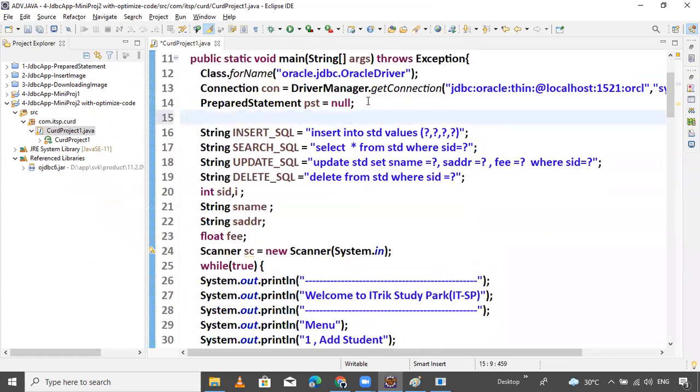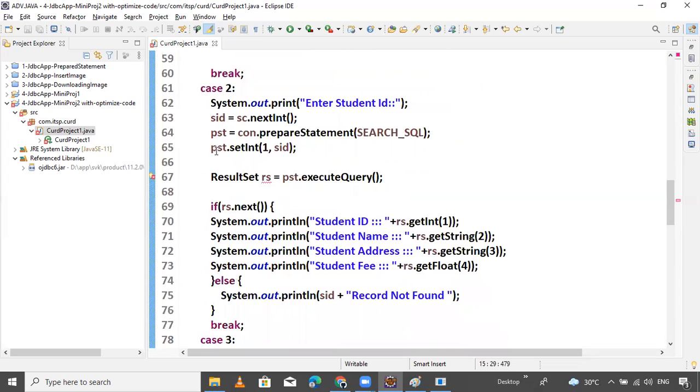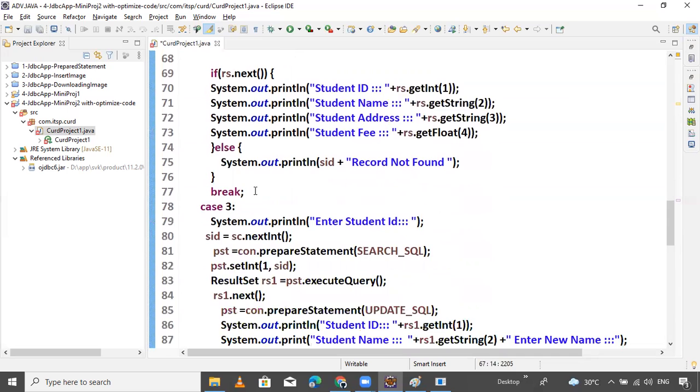ResultSet RS1 and that kind of thing you can remove. RS, just remove this one, not required.